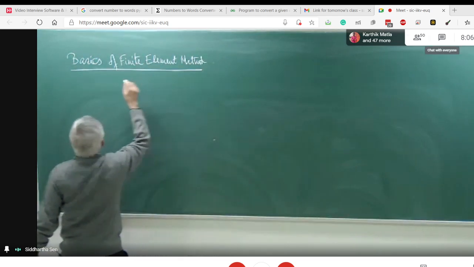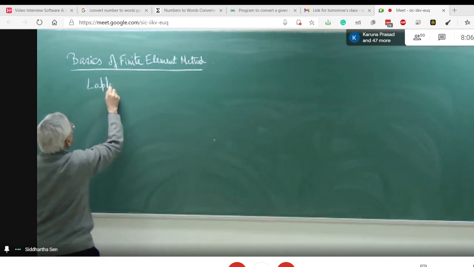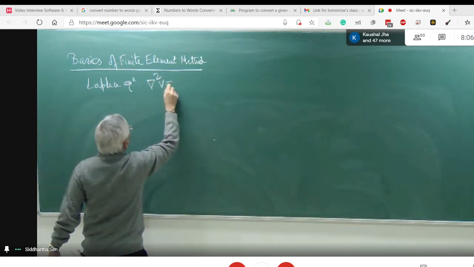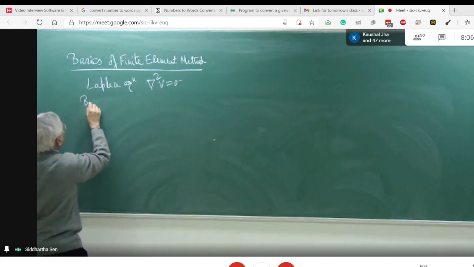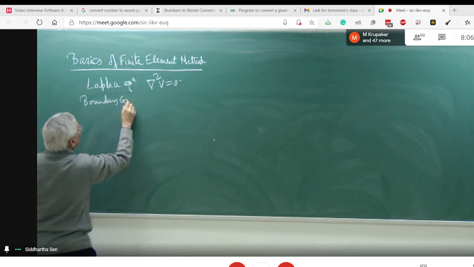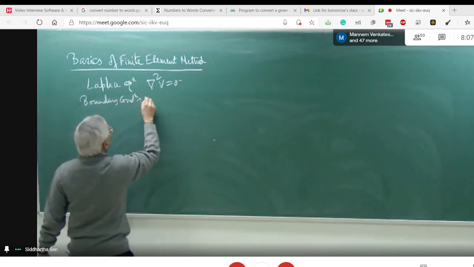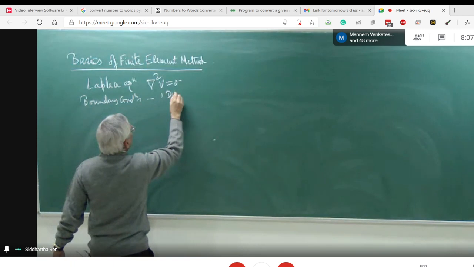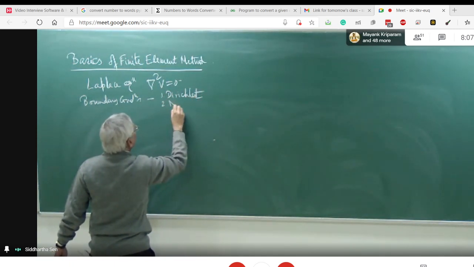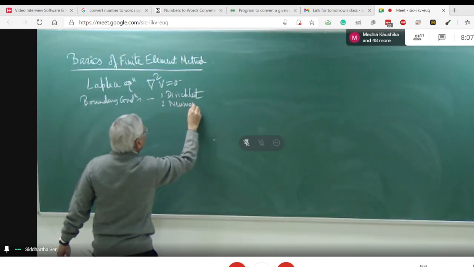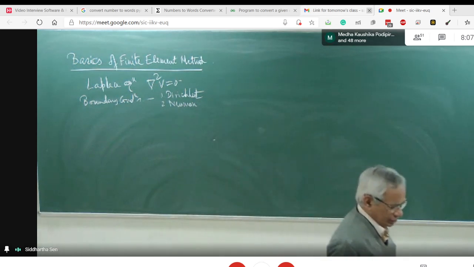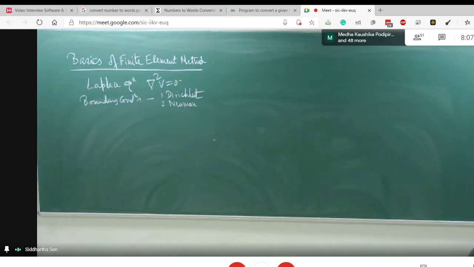If you recall the Laplace equation, nabla square V is equal to 0, and we had the boundary conditions. It could be either one is Dirichlet, another is Neumann. So in finite difference method, we had mentioned that we discretize the whole region of interest, and then we try to solve the